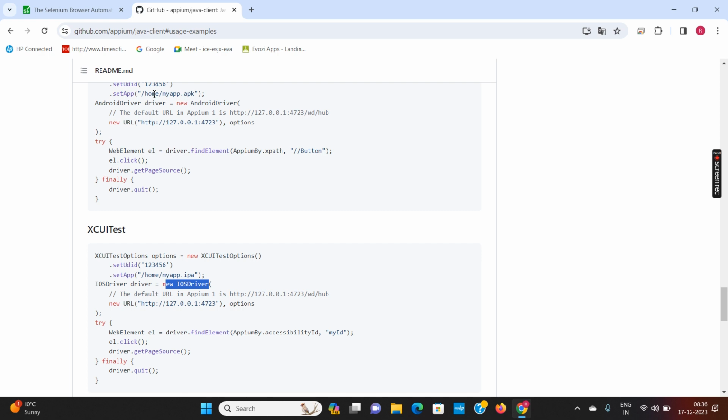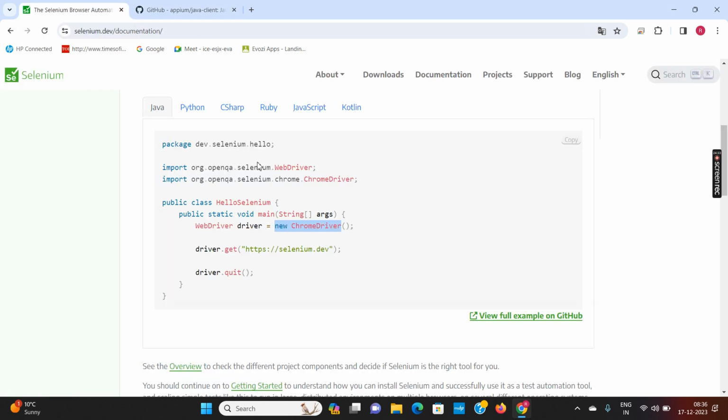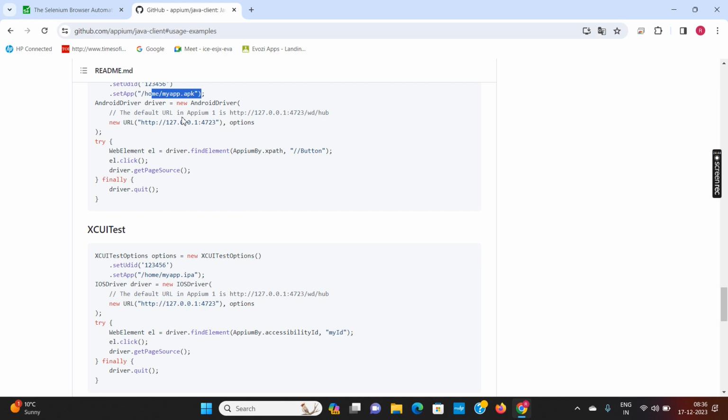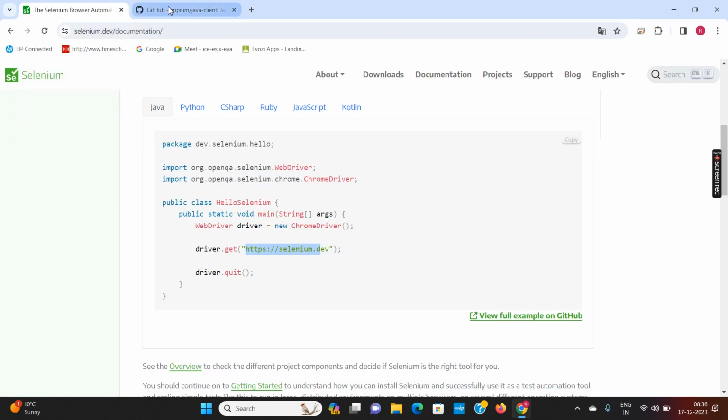Yes, here it is APK. And here it is opening the website www.selenium.dev. Both are libraries. One is used for the browser where we are writing a URL, and here it is used for the app, like APK, or IPA if it is an iPhone. So Selenium and Appium are both connected to each other. So we should have knowledge of both of them.